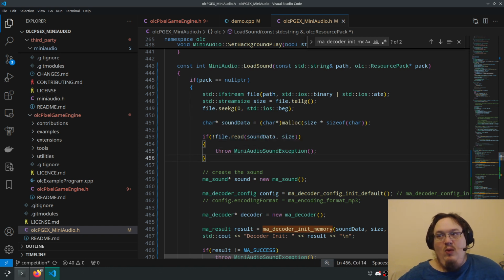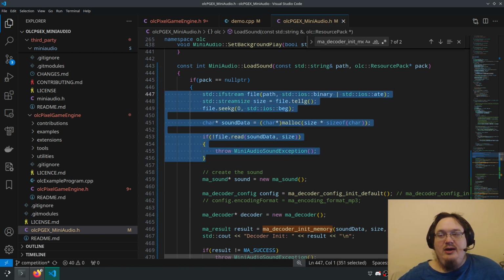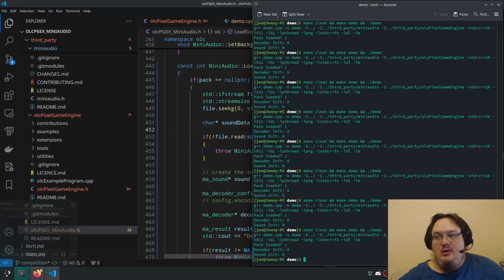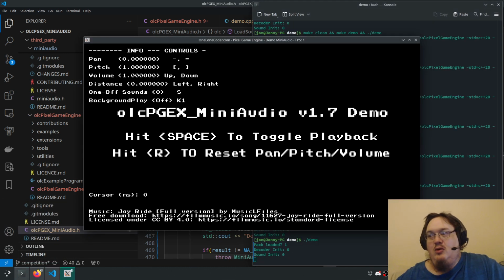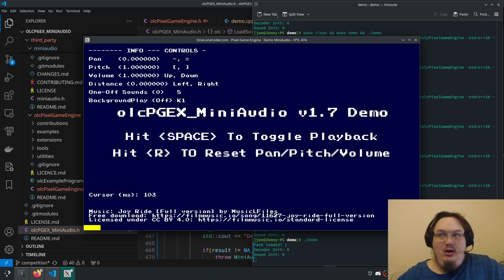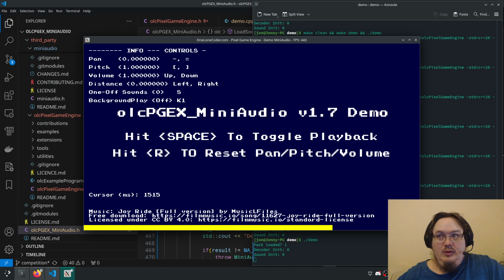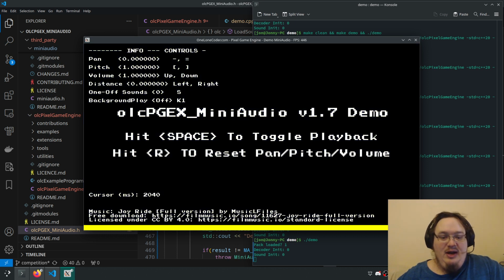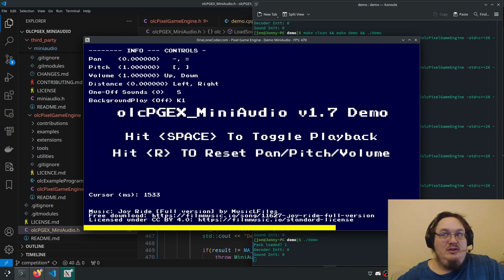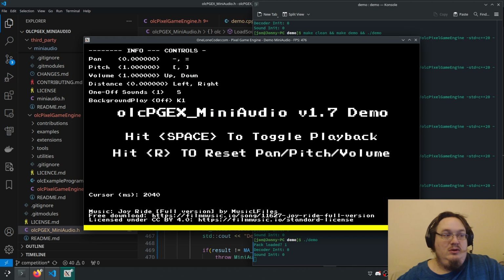Now, we know that this is working because when we're pointing it to the wave file, it's reading it fine. In fact, I can demonstrate it by using the one-off sounds, which I haven't touched any of that code yet. And we get identical sounds no matter what.